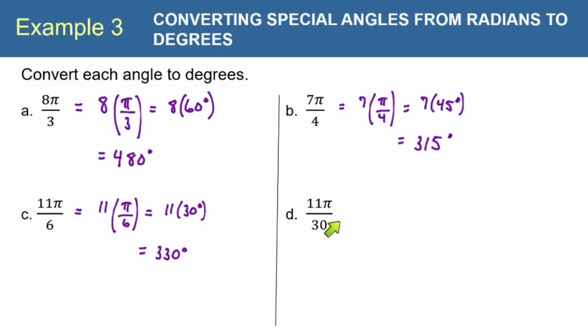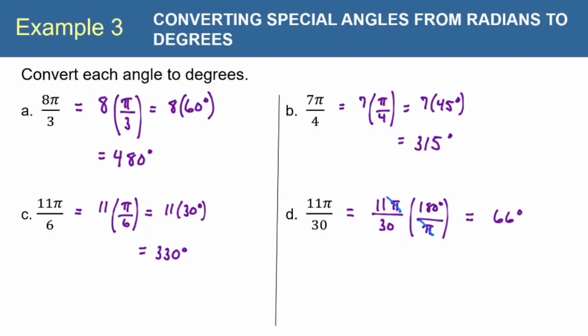Now here in part D we have 11 pi over 30, and you'll notice that 30 is not the denominator of any of our special angle equivalents. Our denominators were 2, 3, 4, and 6. So what do we do with a 30? Well, if you get one that doesn't have one of our memorized conversions, then you can just go back to doing it the old-fashioned way, the way that we learned at the beginning of the section. So you would take your fraction and you would multiply by 180 degrees over pi radians. The pi's would cancel out, and on your calculator you could go 11 times 180 divided by 30, and you